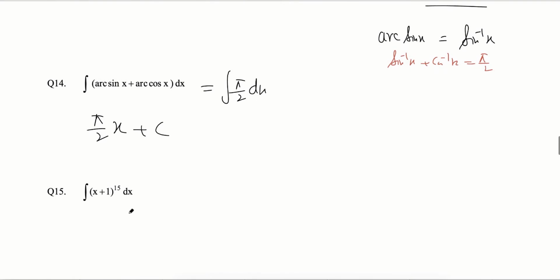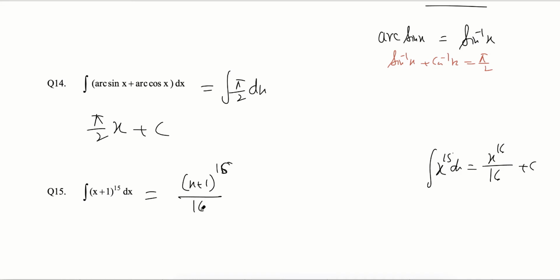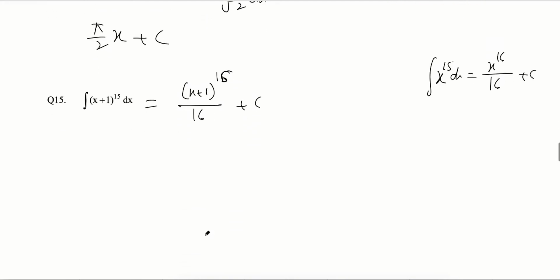This question, easily you can understand. We have to use the formula of x power 15. X power 15 integration will be x power 16 divided by 16 plus c. What we want to do, I want to replace x by x plus 1. If you are replacing x by a linear expression, you can replace any moment of time. So we will say this will be (x plus 1) power 16 divided by 16 plus c. But extra what we used to do, 1 by coefficient of x. Coefficient of x is 1 here, so nothing we have to do. This is the answer. Right? Next.